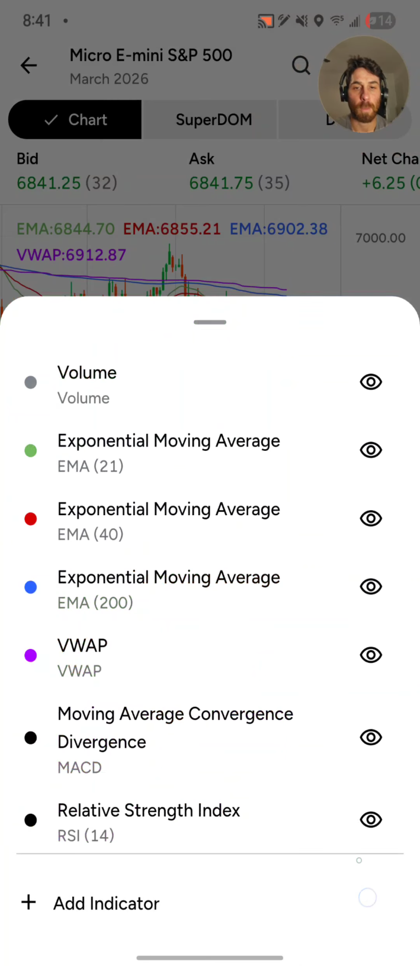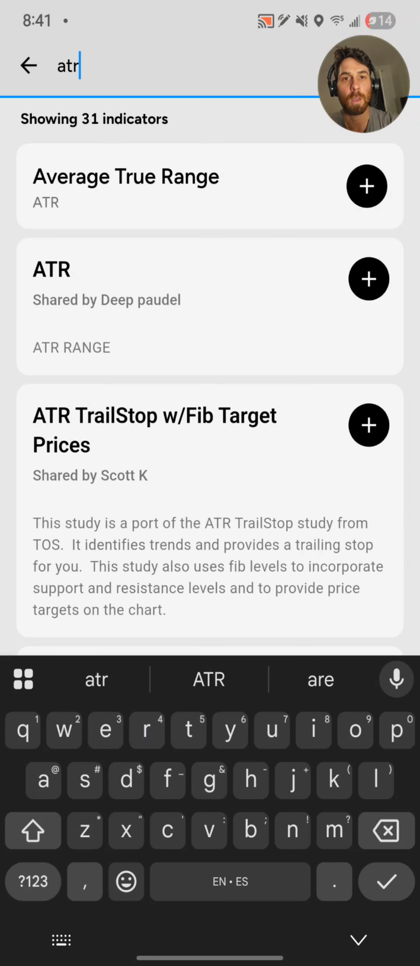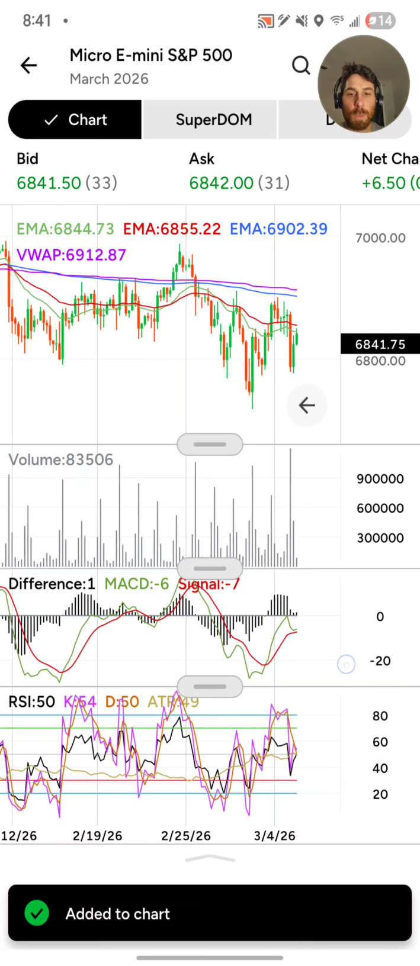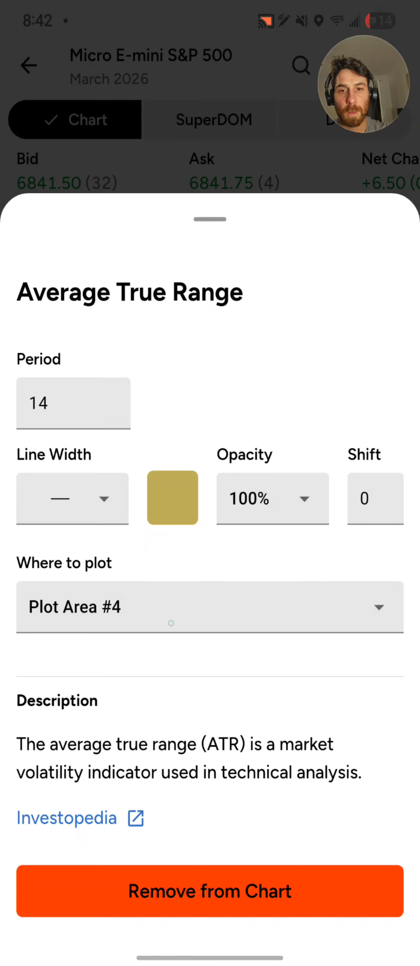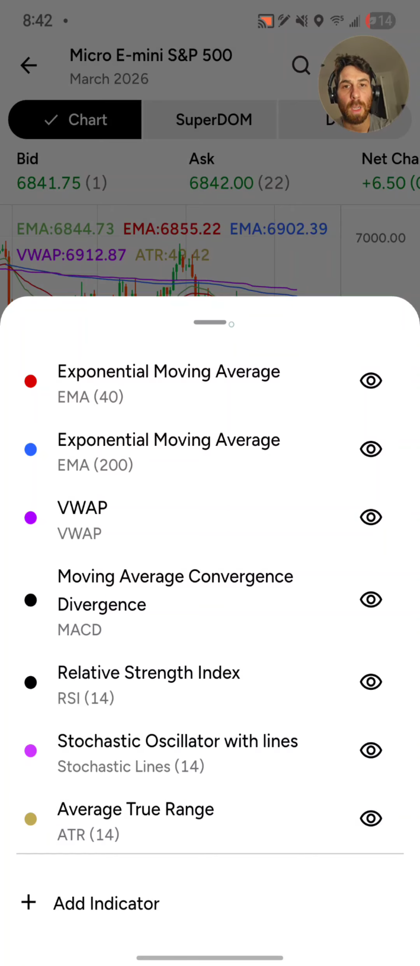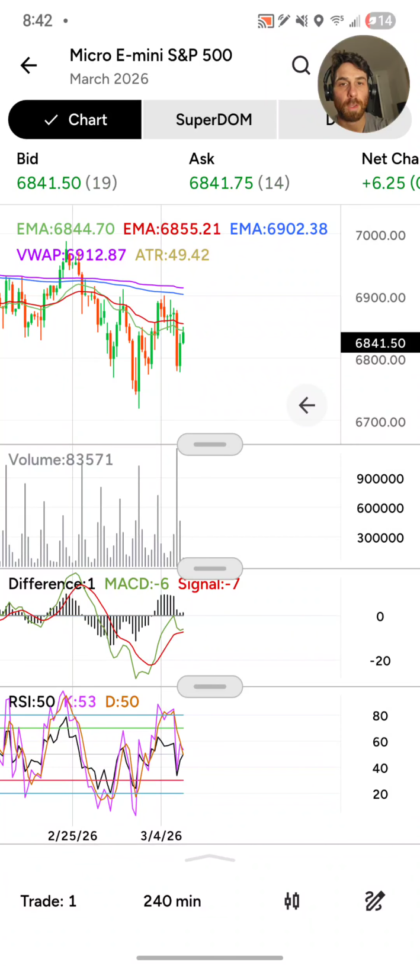The other thing that was in here, which I was talking about a little bit earlier, was the average true range. And I usually just put that on the first chart, change it to plot area number 1. And we don't need to actually see the graph, so I changed that to an eye with a cross in it. That way you're turning off the ability to see it on your chart. So now it shows up on your chart